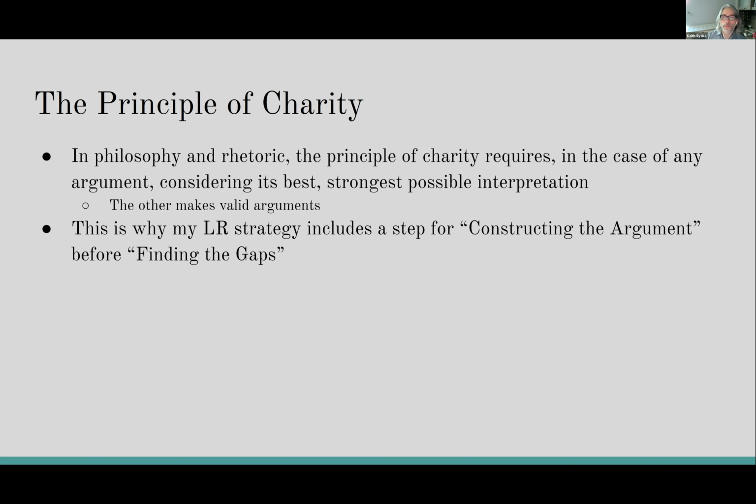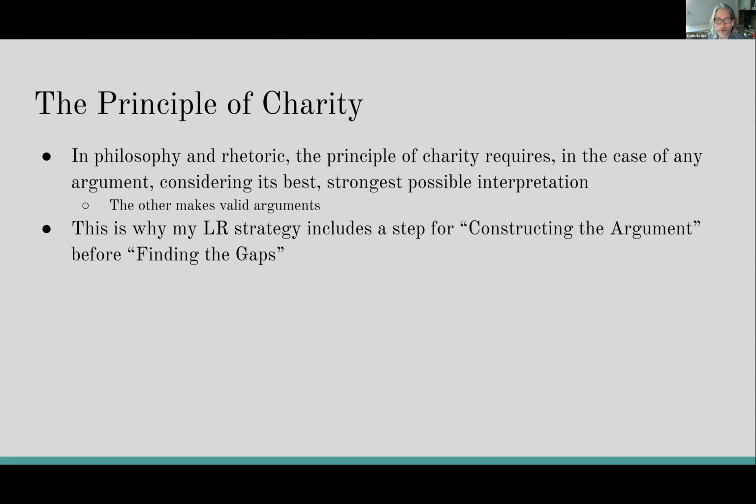All right. So last time we were chatting, I was talking about flaw family questions and argument family questions, and what I suggested was that once you find the conclusion of the argument, you should have a step in your process for reconstructing or constructing the argument before you start looking for the gaps. The analogy that I've used in the past for that is that if you think of the argument like a puzzle that's disassembled in the box, and the argument is flawed, it's missing a piece of the puzzle.